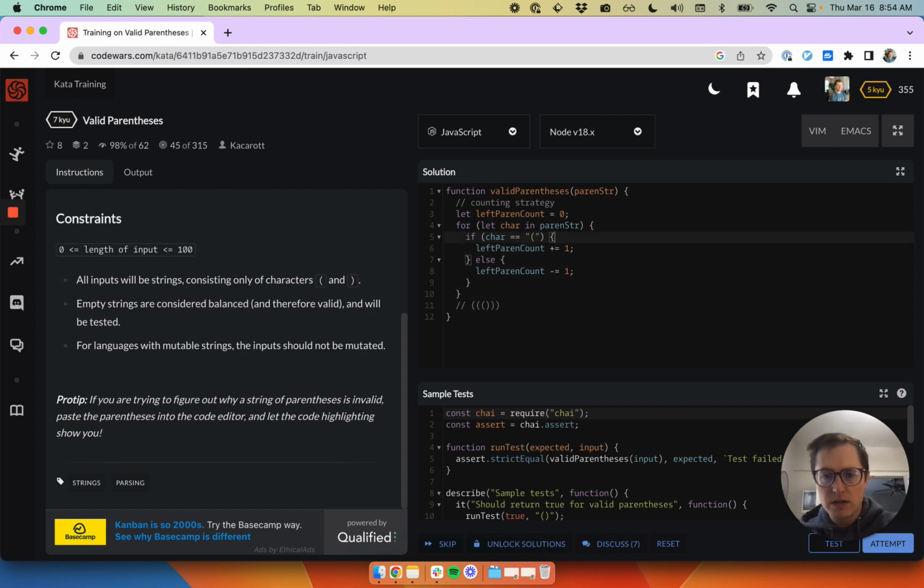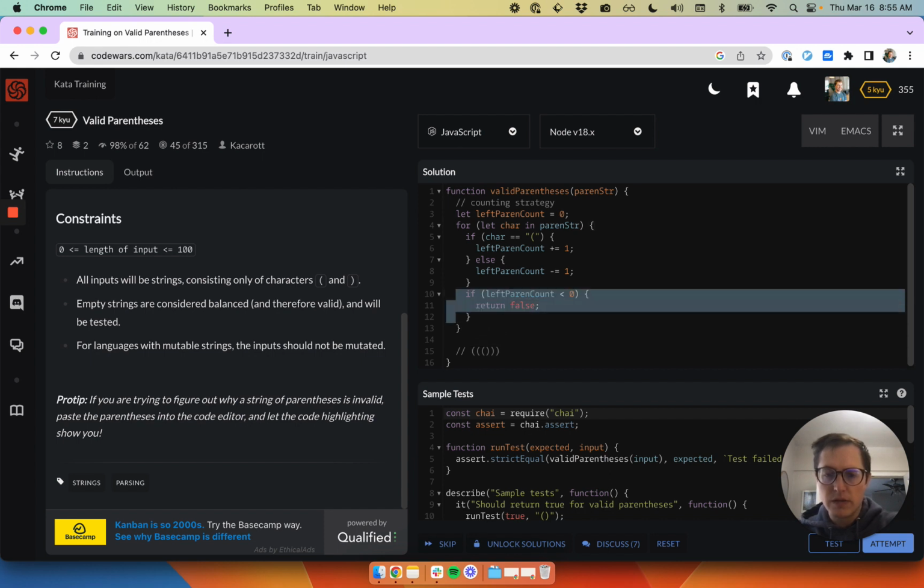But then we also want to check, so if the left paren count is less than 0, then we want to return false,